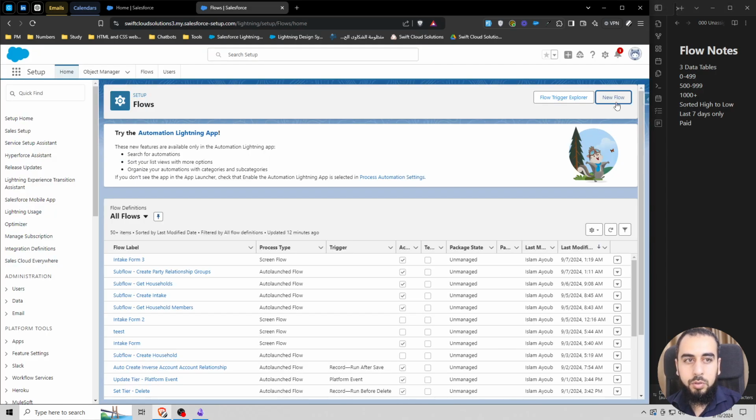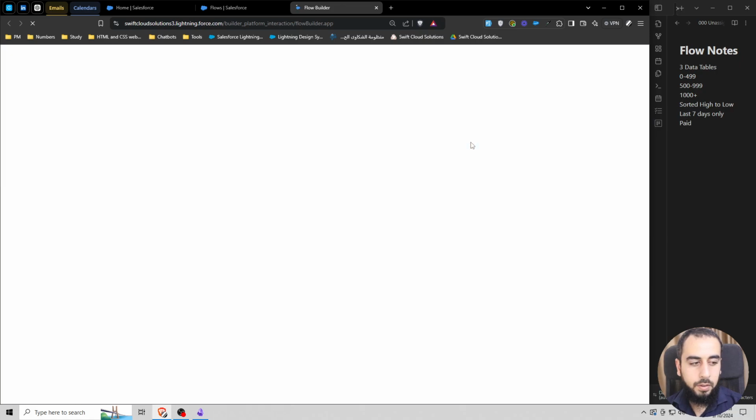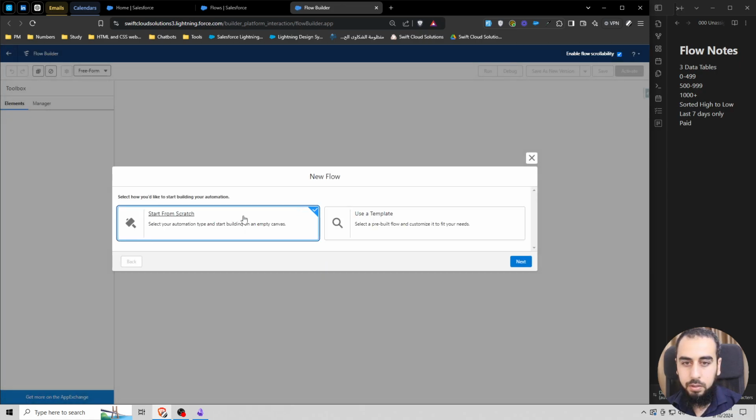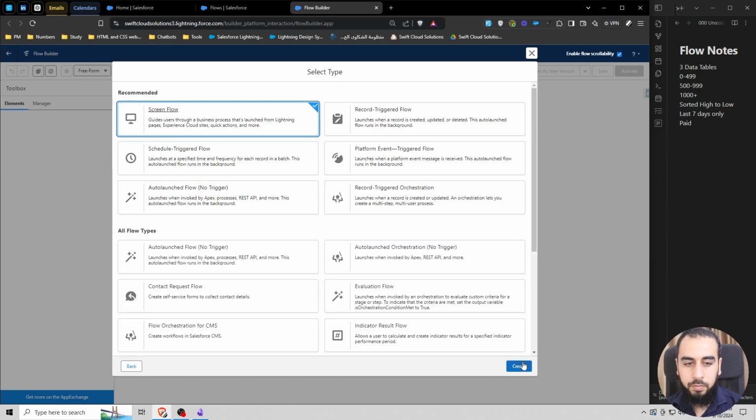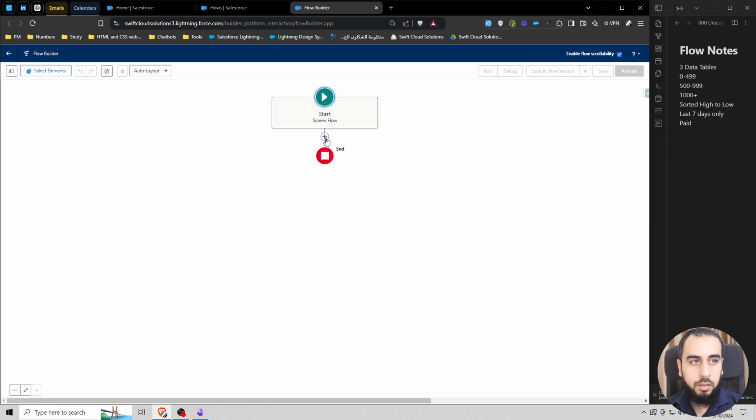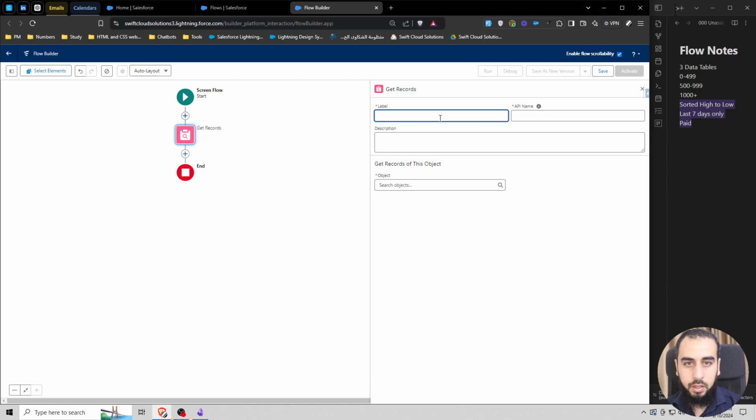Okay, let's create a new screen flow. Starting from scratch, screen flow. And we would like to grab the gift transactions that meet these conditions. To do that, let's start with grabbing the gift transactions that are in the last 7 days in a status of paid, and let's sort them. We can do all these 3 with only one get element. So let's do get gift transactions,